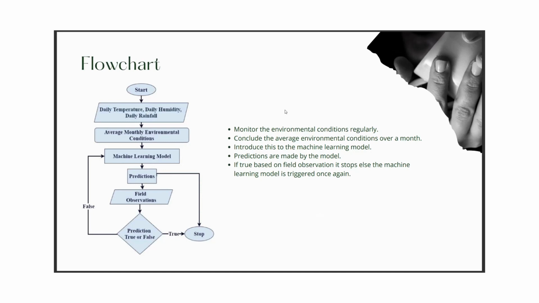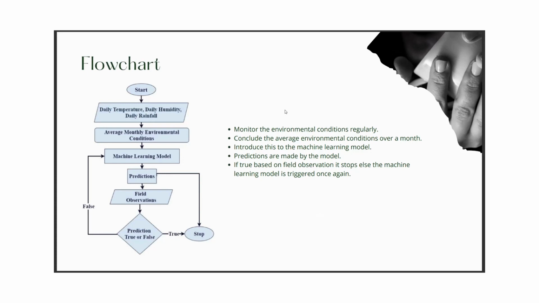And then we'll have a field observation. Once the predictions are made, the next step is to observe the field and check if the predictions are true or not. If the predictions are true and it matches with the field observation, then no action is required or taken. If the predictions are not true or they do not match with the field observation, then